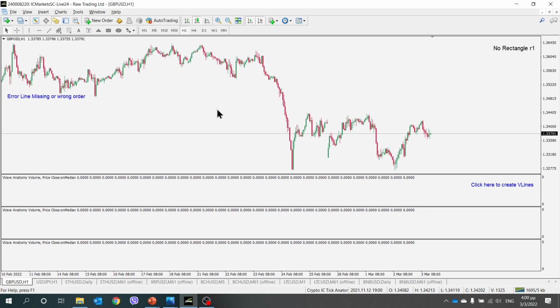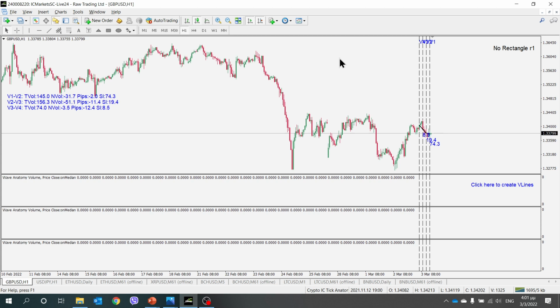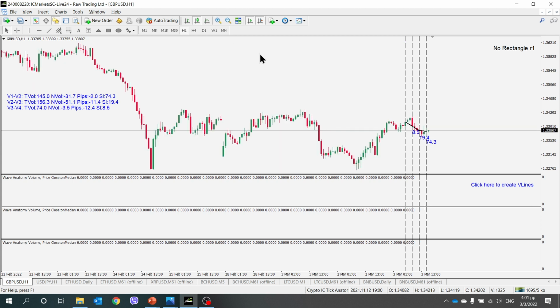So instead of wasting time analyzing the parameters, I have a template here that I will load. But let's say that I wanted to create the vertical lines. I just click here and automatically 4 vertical lines are created. Let me load the template.